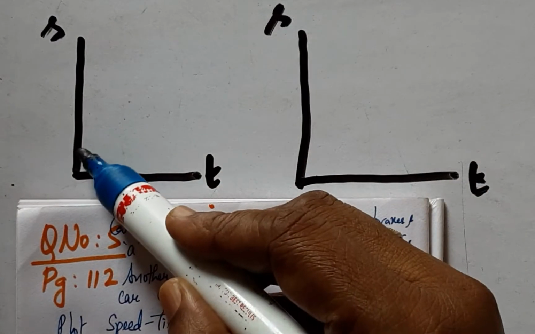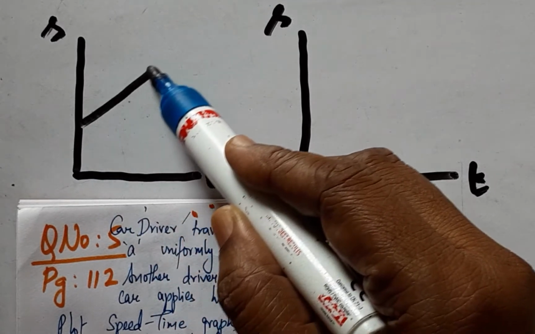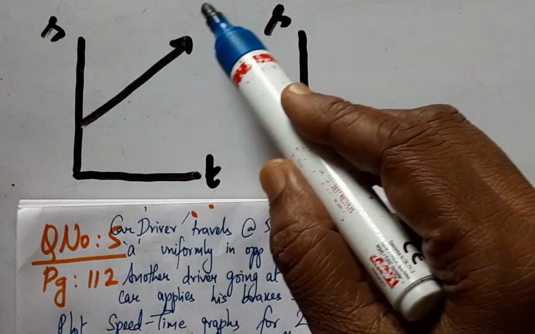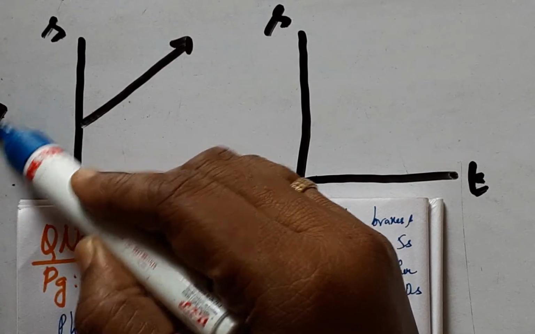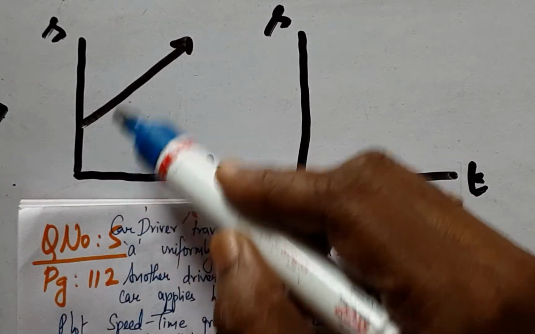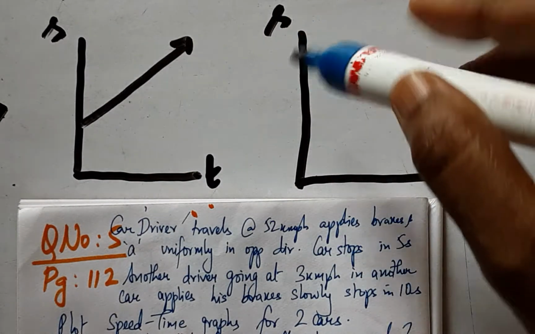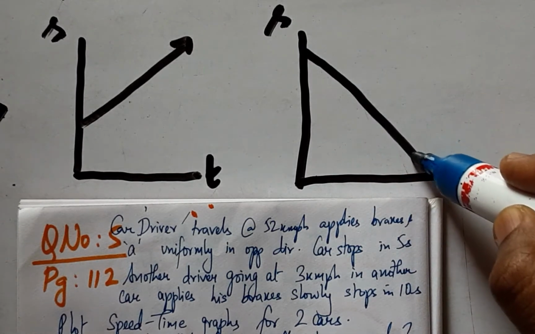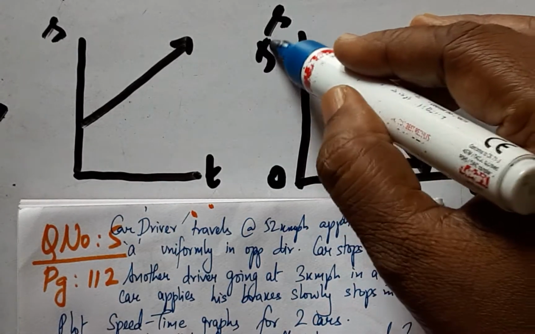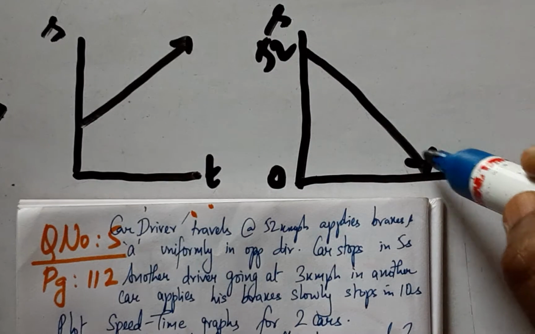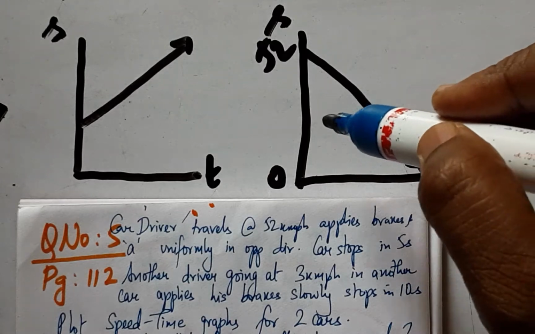Basically, you should understand that if a person starts with a speed of 30 kilometers per hour and continuously increases his speed, the graph will go up. Increase is positive and the graph will go in the upward direction. Decrease: if the graph goes downwards, it means that the vehicle will come to a stop, because the speed will be 0 here and something else here. So the graph works itself downwards, and that is the meaning of coming to rest.